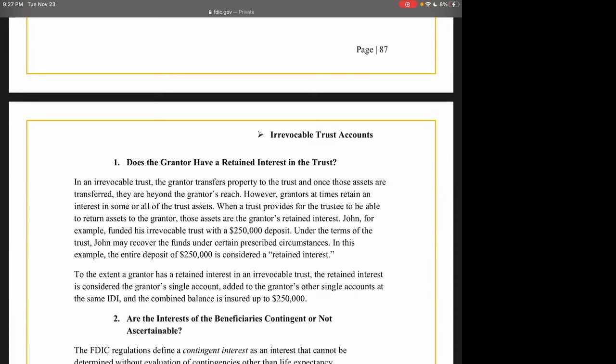So retained interest in property that you're conveying into your trust is the example that I'm using. So John would be the state in that aspect. So under certain circumstances, they could recover proceeds from you depositing or putting your assets in the trust. And that's what you don't want. This is the reason why, even if you have it set up where you did a grantor trust, you're going to want to get that estate, because when you start conveying this property over, you don't want retained interest from the state, because they will try to come after your property. And you don't want them to, because it's all outside of the jurisdiction.